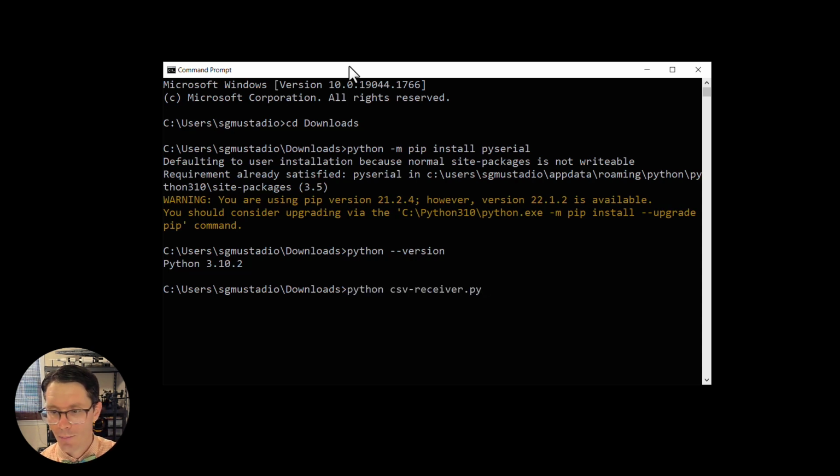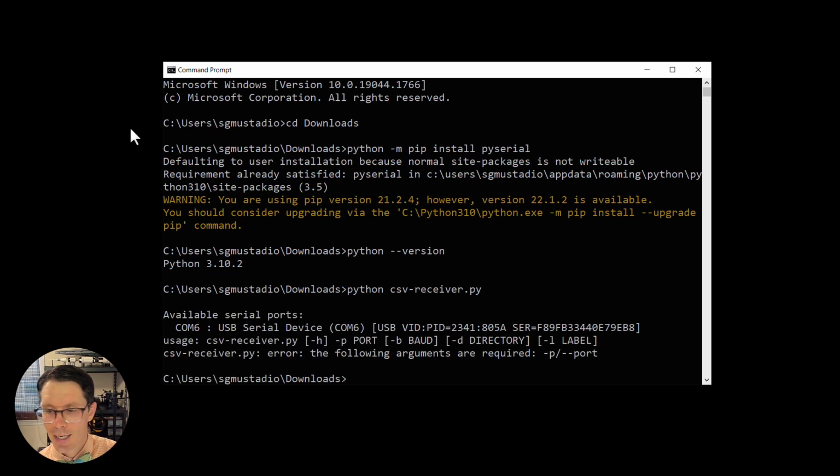So now I'm going to call python CSV receiver.py. If I run it, it's not going to do much. It's going to say I need to call it with these particular arguments. And note that it does give you the available serial ports. So from here,